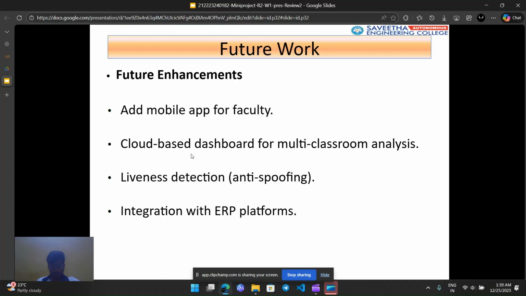For multi-classroom, we need a large dataset and a large database to store all the values, and liveness detection, which is anti-spoofing, monitoring the whole 2-hour session, from which attendance is marked based on the involvement of the student. Also integration with ERP platforms: we are planning to integrate our project with existing ERP platforms.